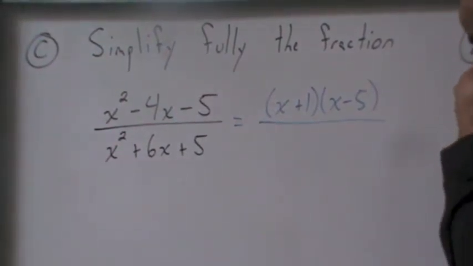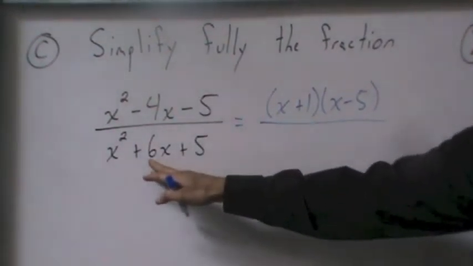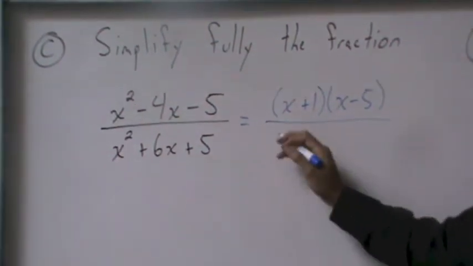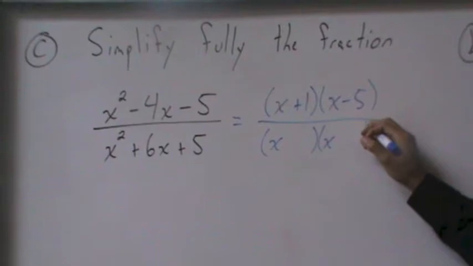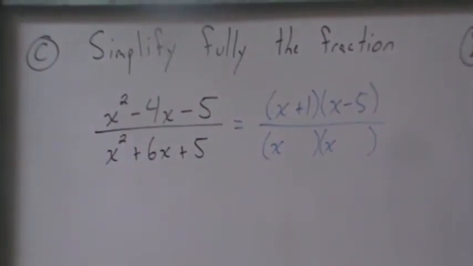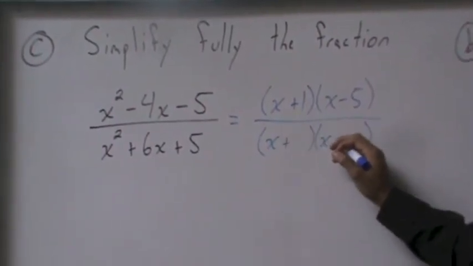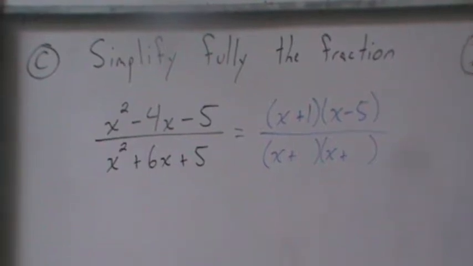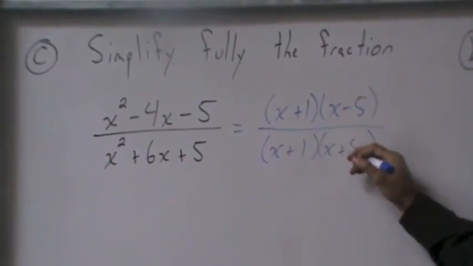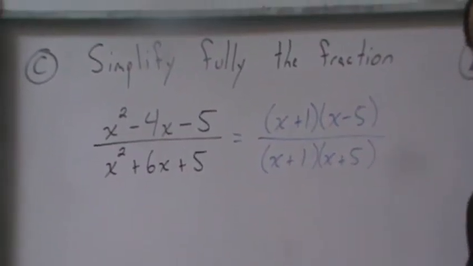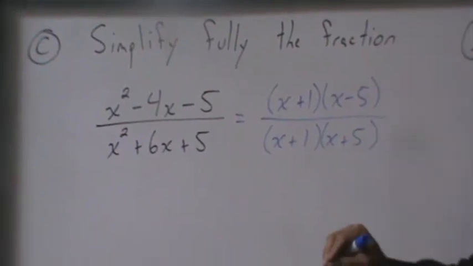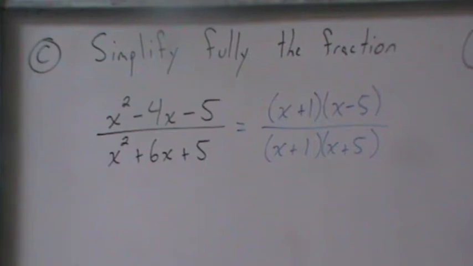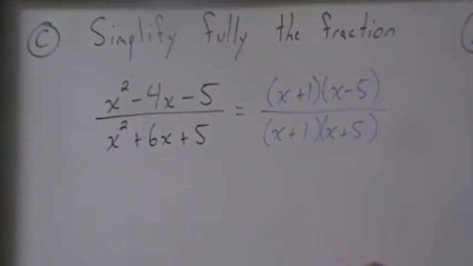For the bottom, we need two numbers that add up to 6 and multiply to 5. Those had better both be positive. And it turns out 1 and 5 add up to 6 and multiply to 5. Doing that much will get you achieved on this question. Doing this much